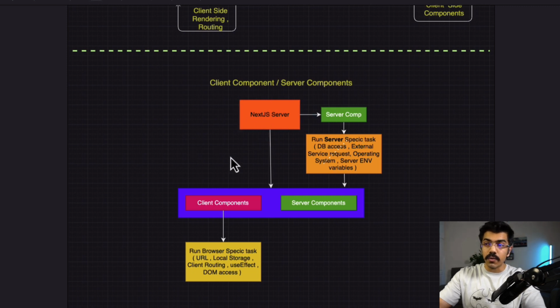In a Next.js server, whenever you have your browser, you're going to be running a set of client components and a set of server components. Now let's try to understand the difference between a client component and a server component. The client component is able to run some browser-specific activities. For example, you have to fetch what's the URL that's present currently. I want to pick up some URL parameters or query parameters,